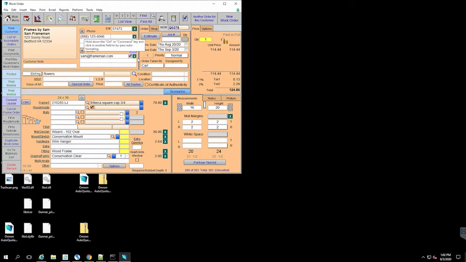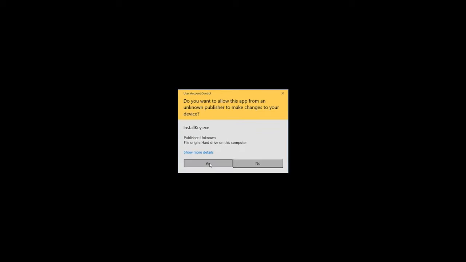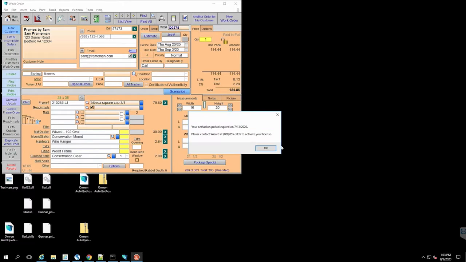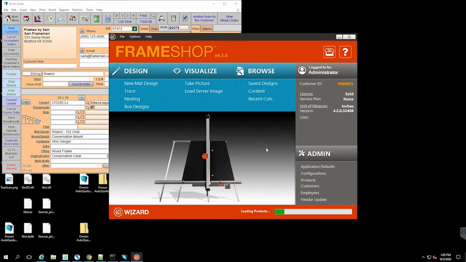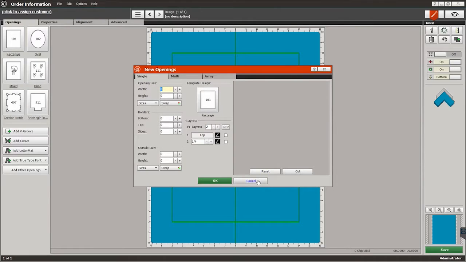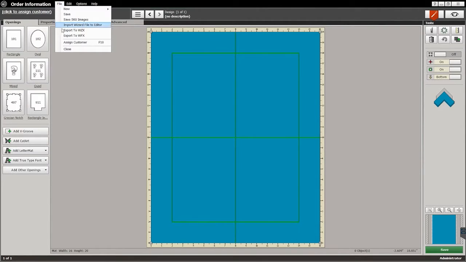Now when I hit that, it's going to create my WZ2 integration file. And I'm seeing this because right now I have a demo version of Wizard FrameShop, but you won't see any of this as long as you're registered. And this will pop up, Wizard FrameShop, and then from here you're just going to want to hit New Matte Design. Cancel out of this, and you'll just go to File